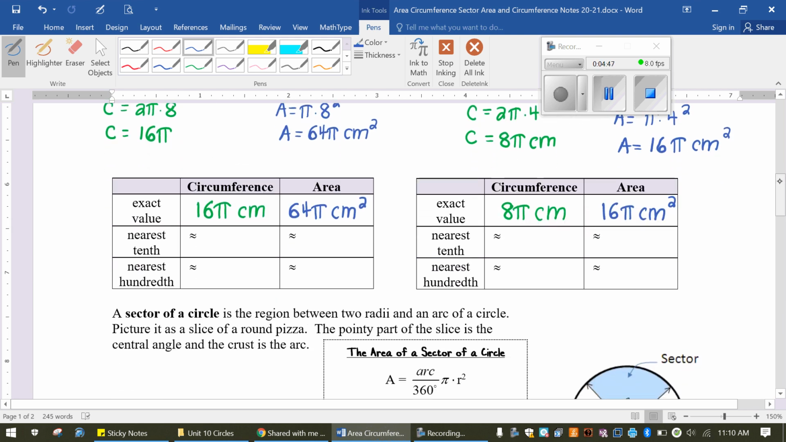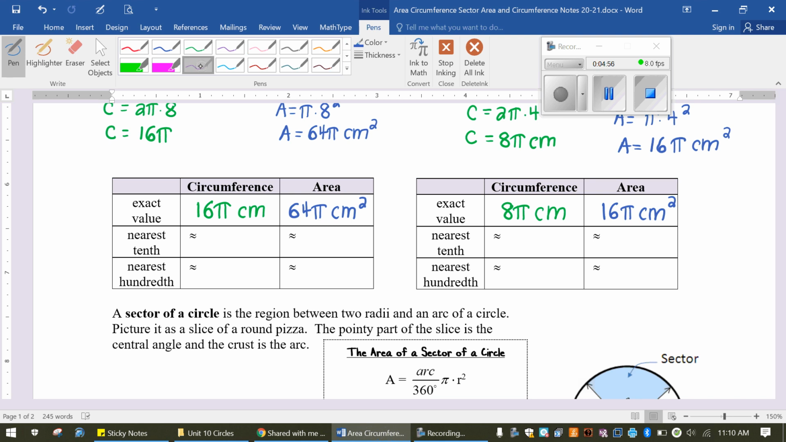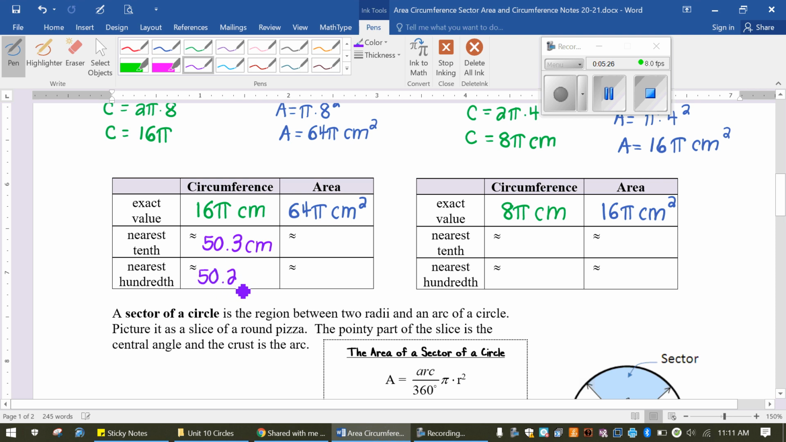Okay, so this next part down here is having us actually type these into our calculator and then round them. So I would like you to type into your calculator right now 16 pi. Okay, maybe pause the video and then come back after you have typed that into your calculator so you can see what the decimal approximation is. If you round that to the nearest tenth, which is 1 decimal place, that would be 50.3 centimeters. If you round it to the nearest hundredth, which is 2 decimal places, it would be 50.27